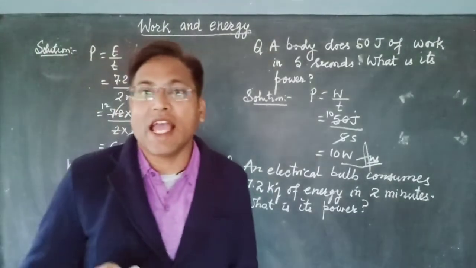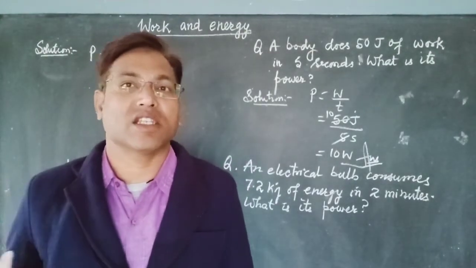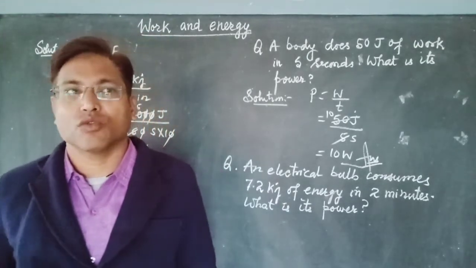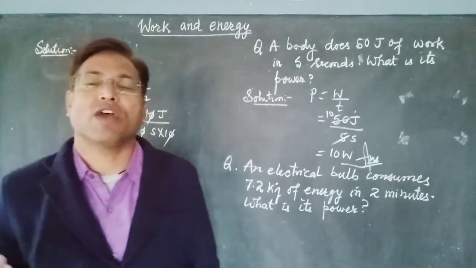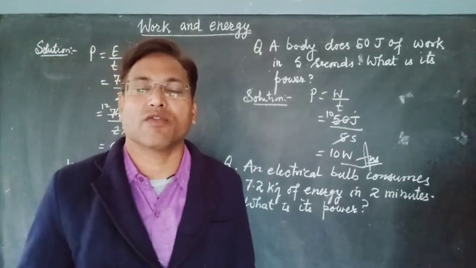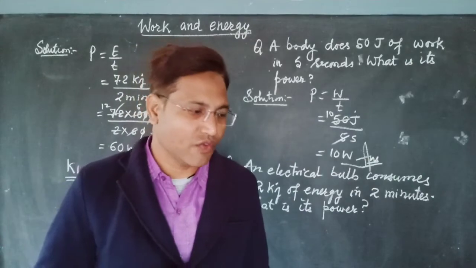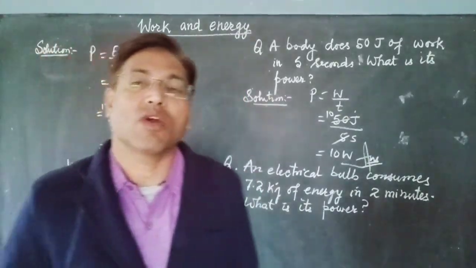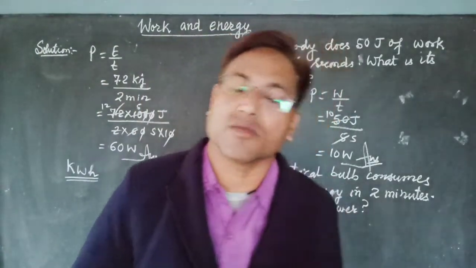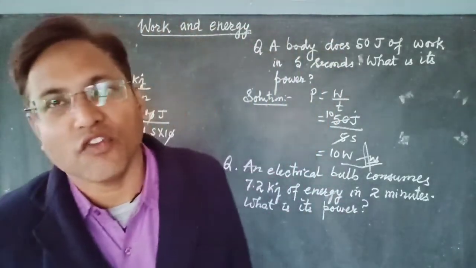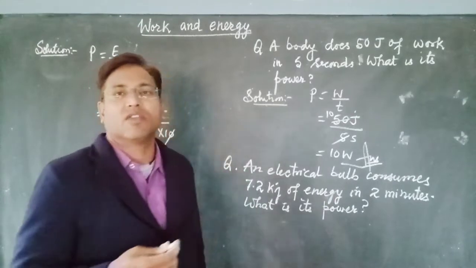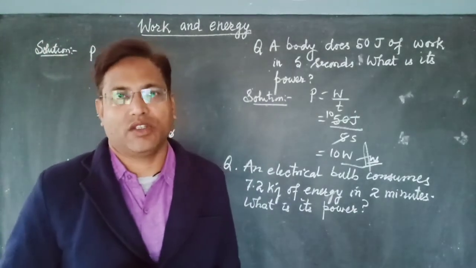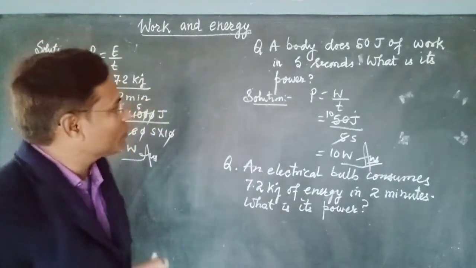Joule per second or watt, these are smaller units, and electrical energy is consumed at such a high rate. So much electrical energy we consume in our house also. We use our electric bulb or fan or other electrical appliances for many hours, so the electrical consumption will also be large. If we measure it in terms of watt, it will be difficult for us to write. We have to write bigger units. So instead of using watt,